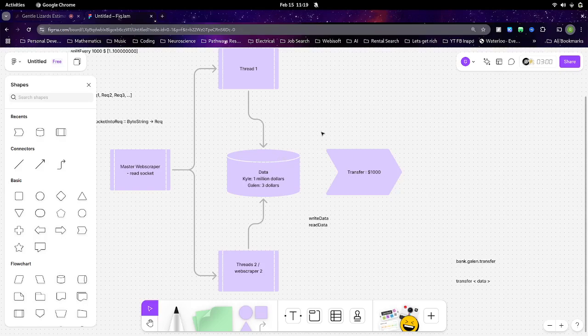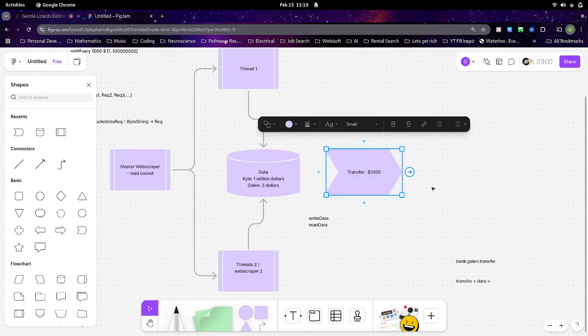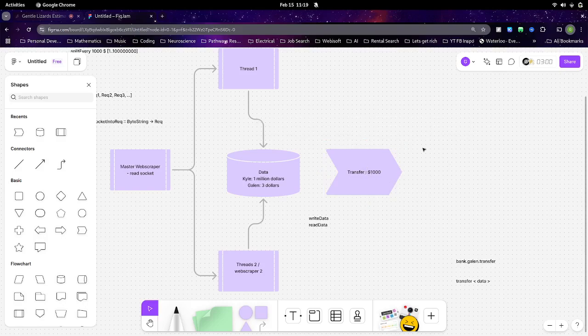So, we've established that it's important that transfer happens at a particular point in time. And of course, this isn't just hanging in the air or running on its own.